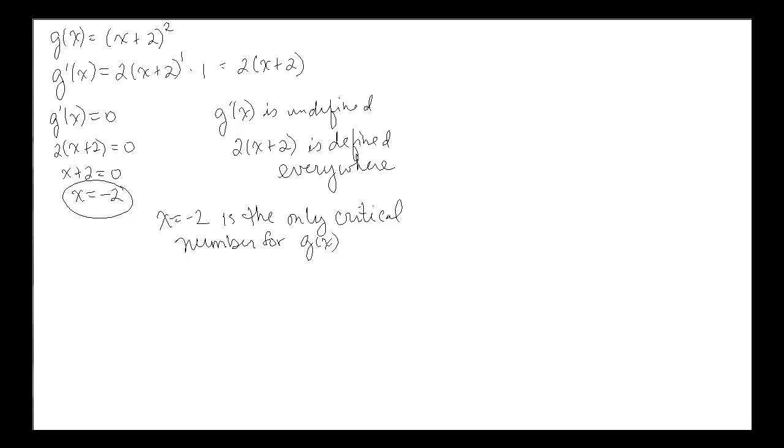Our next item of business is to apply the test for increasing or decreasing. There are a couple of steps that you'll need. The first one is to find all points of discontinuity of f, find f prime, and find all critical numbers of f. We'll use that to create a chart, and then we'll use that chart to test the sign of the derivative to determine where our function is increasing or decreasing.